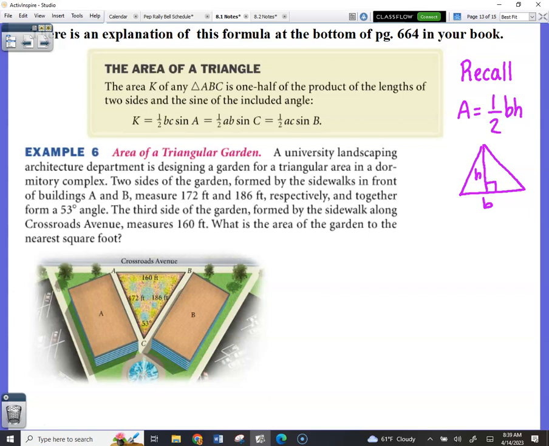I would not sit here and try to be nitpicky about the letters A, B, C, because I think that's going to make it even more confusing. I think you should look at it and think to yourself, whatever angle I'm using, I'm not using that corresponding side. I'm using the other two. Does that make sense? That's the way I look at it. I focus on the angle that I'm going to use, and then that means I have to use the two sides that are forming that angle, because notice where there's sine A, there's no little a. This is what I mean. Where there's sine